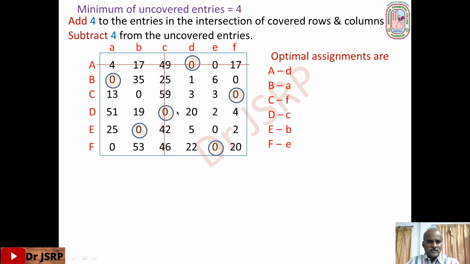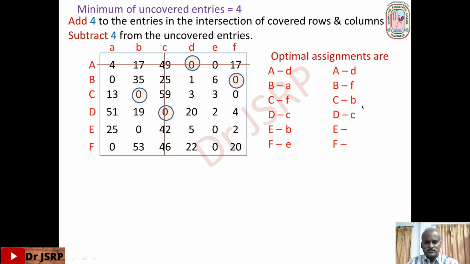Okay. So observe the another optimal assignment. So next I can consider for capital B instead of small a, small f. Okay. So for capital A fixed, for capital D, these two are fixed. Suppose I assign capital B to small f. Okay. Next, C. For capital C, there are two possibilities. That is small b and small f. Already small f is assigned. So I can assign capital C to small b.